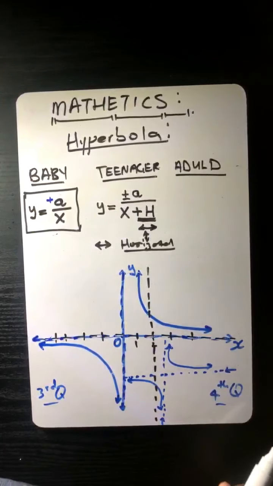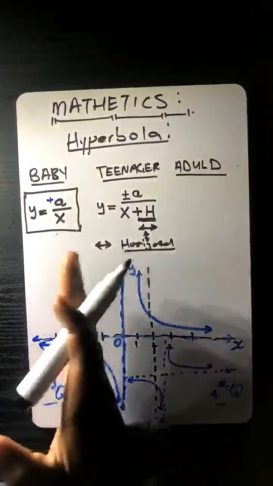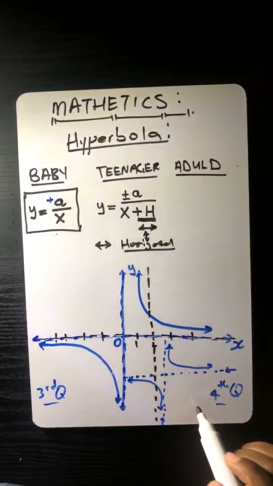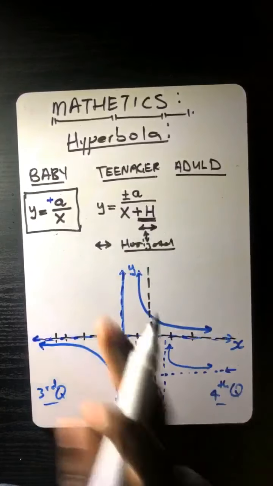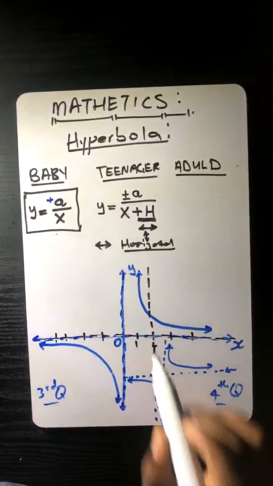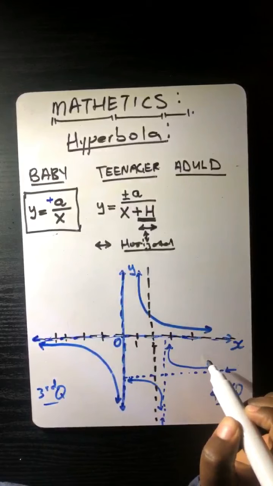So that means if you have your hyperbola shifting sideways, it's only the vertical asymptote that you can see shifting to the right by 2 units. So that means also this one is going to shift. Why is it shifting? It's because we said